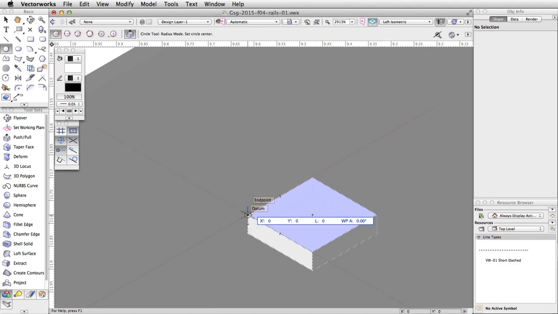Tab into the floating data bar, set the length to 0.045 and the working plane angle to -45 degrees. Press enter or return and move the cursor to the right. When the Smart Cursor Cue object/angle/length appears, click once to start the circle. Tab into the floating data bar, set the length to 0.01, and press enter or return twice to place the